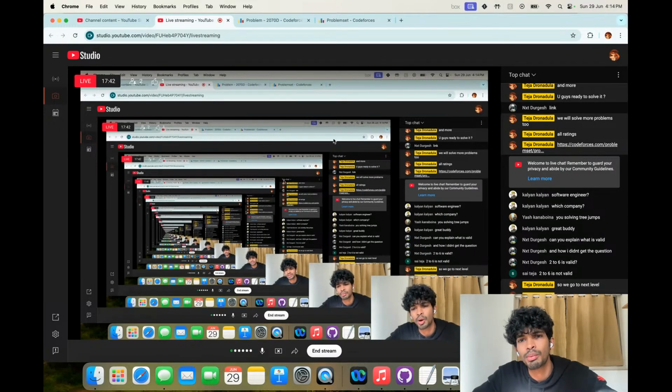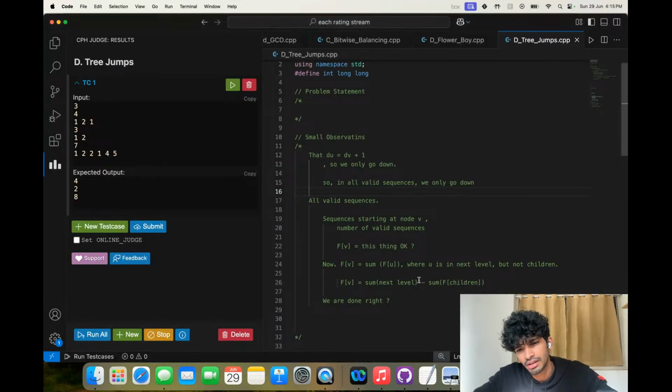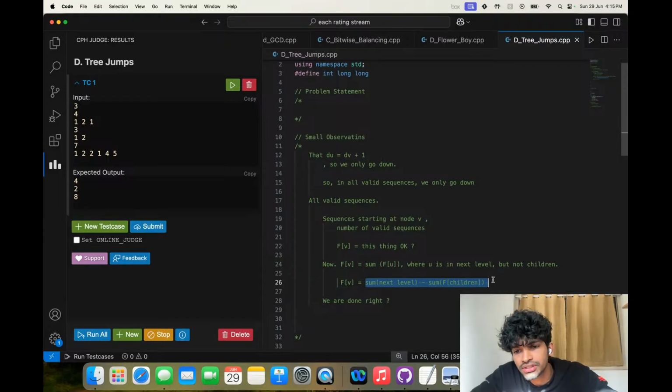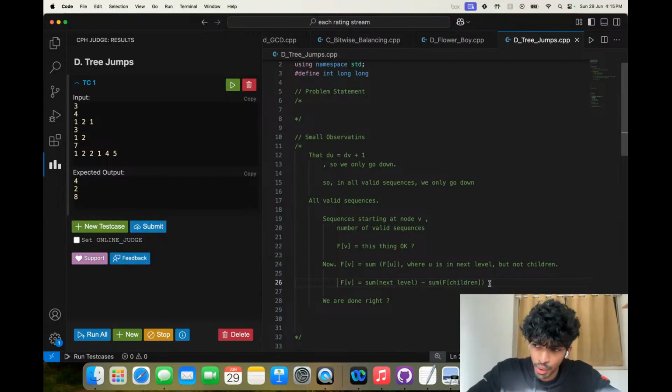Because people can't even read the problem after seeing it is trees. We just find it layer by layer. Let's say we do BFS instead of DFS. We do BFS, so we have all the layers. When we are at the previous layer, the complexity is fine. When we are at vertex V, visiting all its children is fine, because that will contribute to edges from V, and the sum of edges is n minus 1. So the sum of edges is small. So going over all of its children is fine.